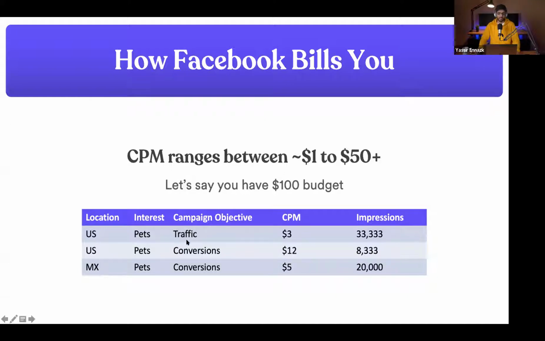But say we keep the same audience, but we switch the objective to conversions. Now, because there are a lot of people advertising to the audience of people who like pets, the CPM is going to be much higher, like basically around 4 times that. And it can go higher than that or lower than that, depending on the time, depending on the location, depending on the interest, etc. For that, you'll be getting around 8,000 impressions, and that's much lower than the 33,000 impressions